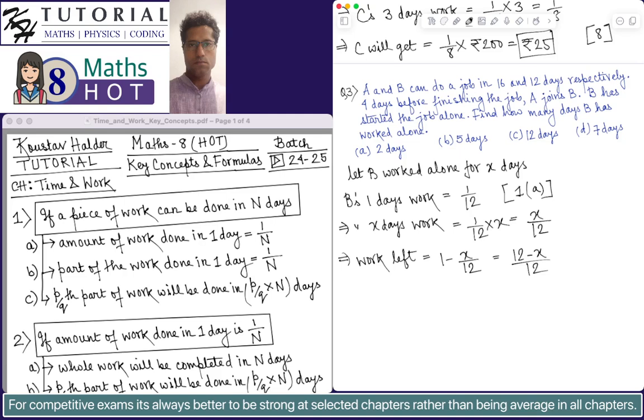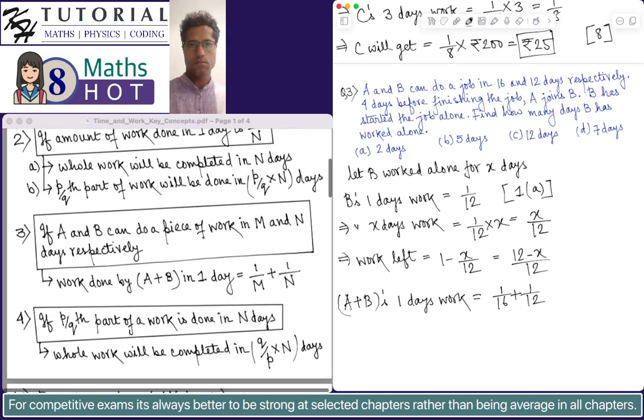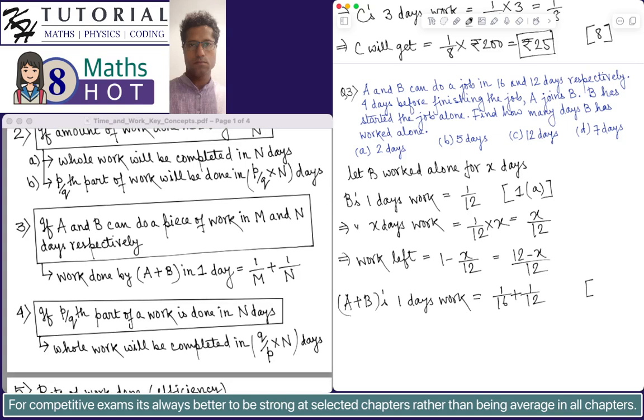Now we must find what is the work done. Since we know both A and B individually can do the job in 16 days and 12 days, we can find A plus B's 1 day's work. A plus B's 1 day's work will be 1 by 16 plus 1 by 12. This is based on concept 3. We can say that A plus B's 1 day's work will be 1 by 16 plus 1 by 12. This is equal to